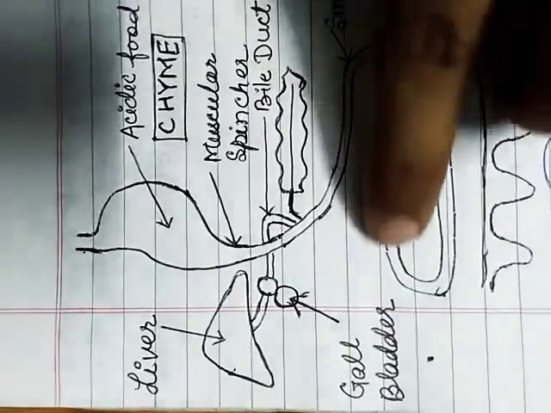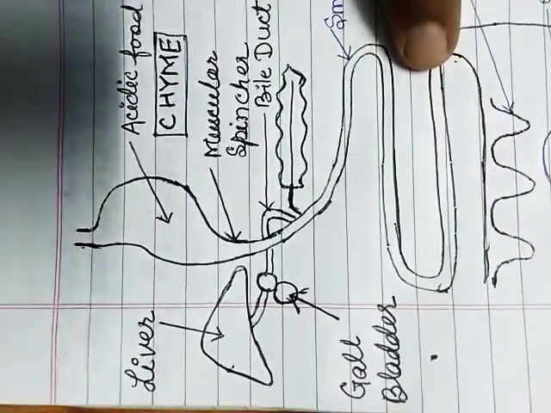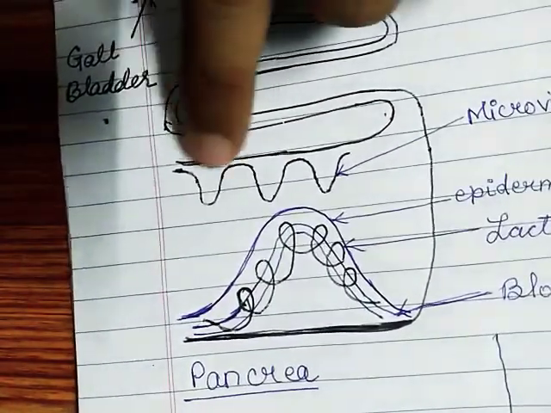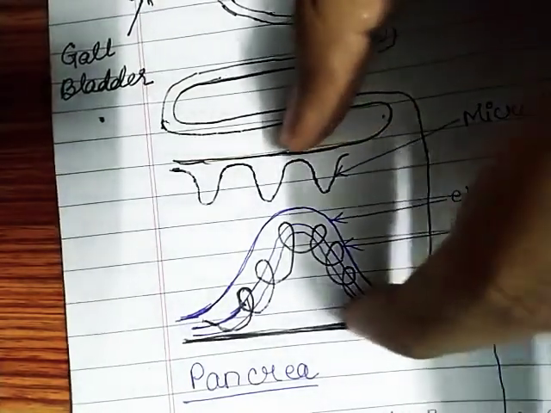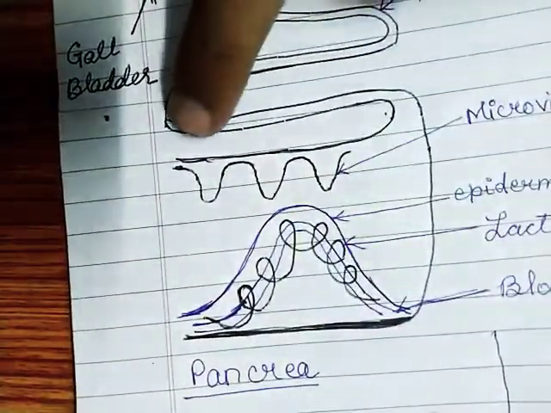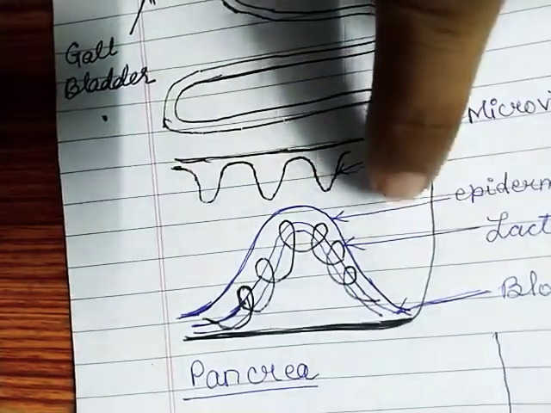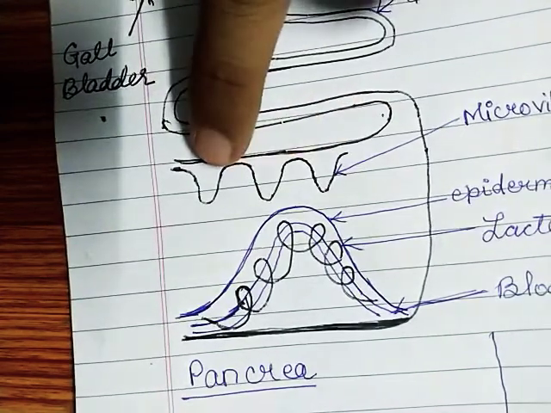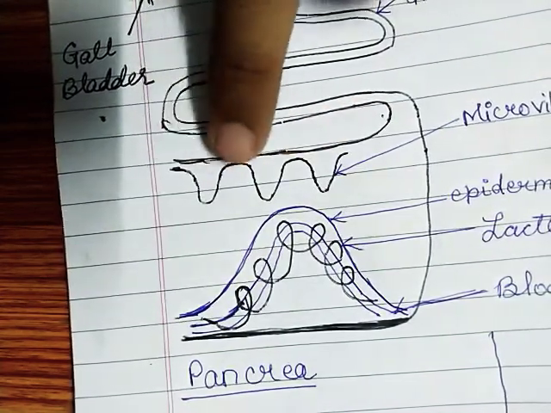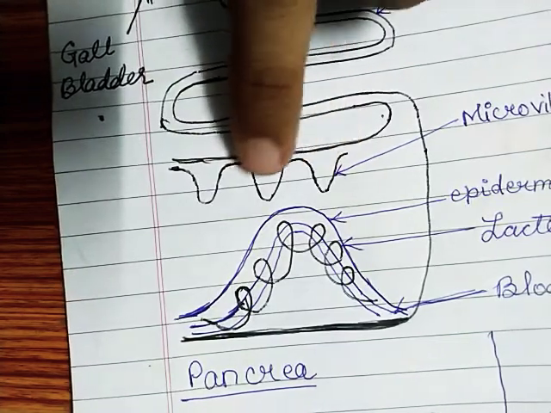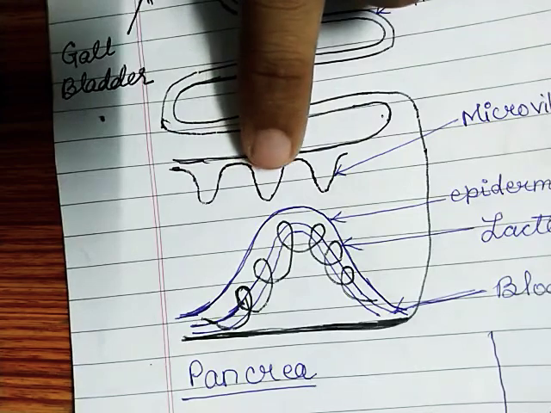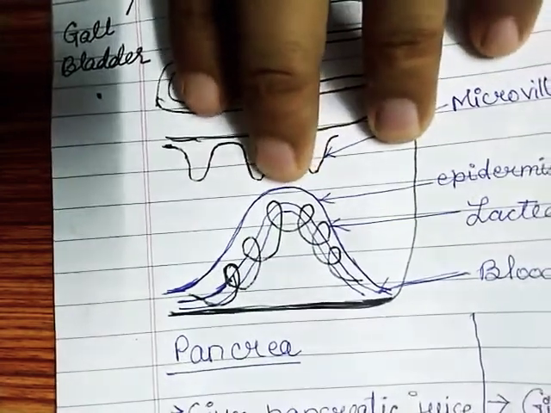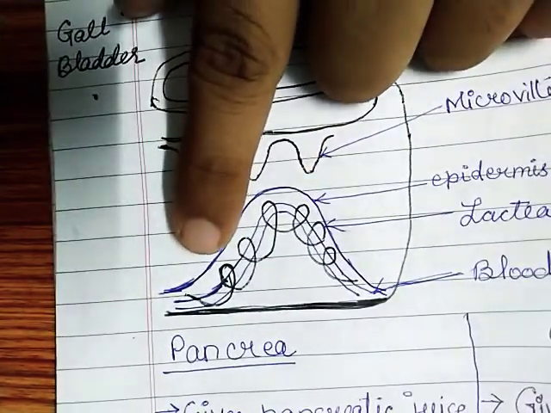See, this is the small intestine. It is a very long tube. I have expanded the long tube here like this. See, this is a small tube. I have made it a little bit large to show one thing. The inner lining of the small intestine at the lower part consists of microvilli. Now what is the function of microvilli? Microvilli increase the surface area for absorption. They are finger-like structures present in the inner lining of the small intestine, and they increase the surface area of absorption.